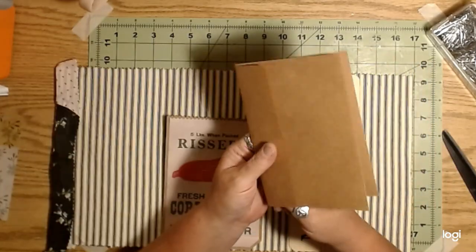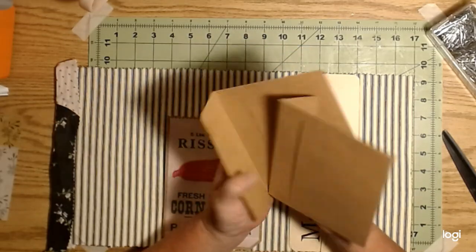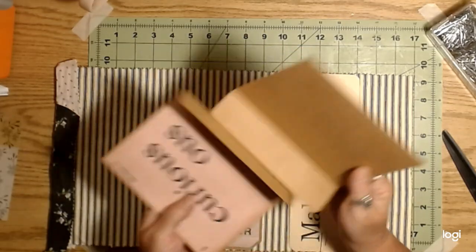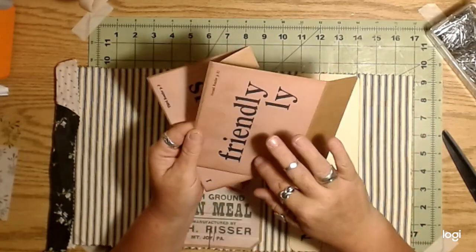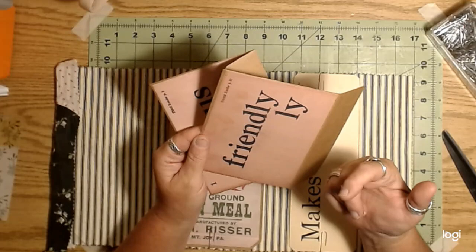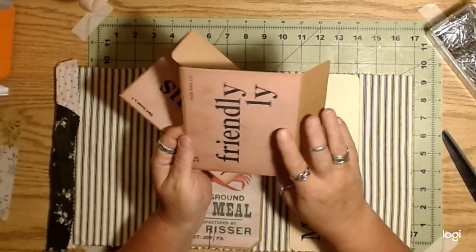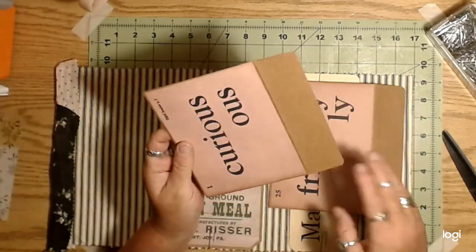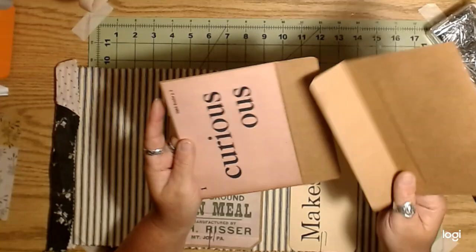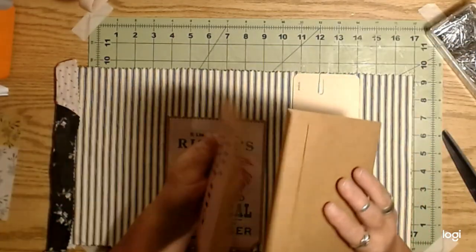So this might wind up being like another little booklet or something. I don't know, but I just glued one of the flashcards. I printed these out. I glued one onto the back of each of these envelopes, and then because I wanted them to fit together and create a little pocket on each